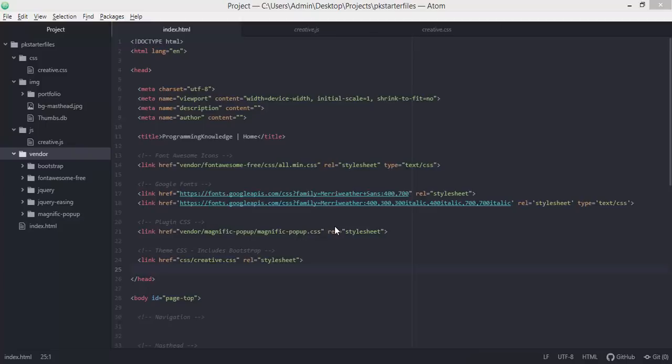Okay, so the first thing that we're going to discuss is the basic structure of this index.html. So we have the standard doctype HTML, and we have the language as English. Then we have the head tag, and we set the character set to the standard UTF-8. And then we also set the meta name viewport,